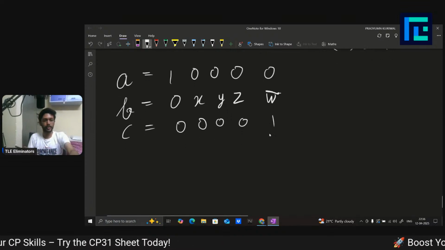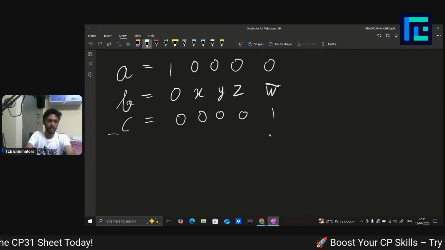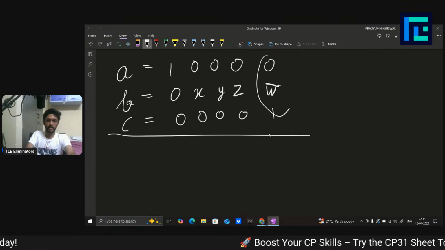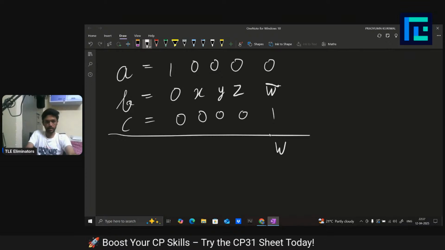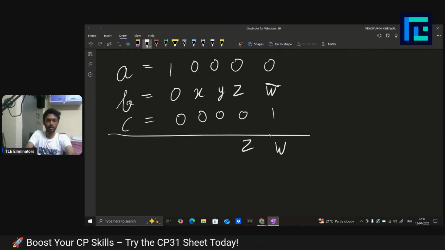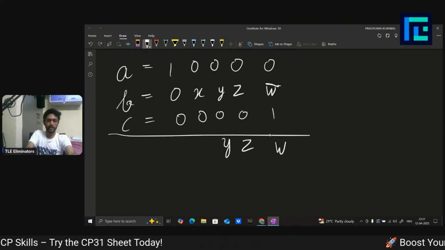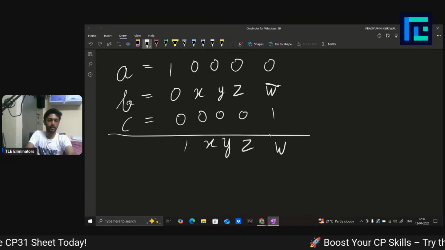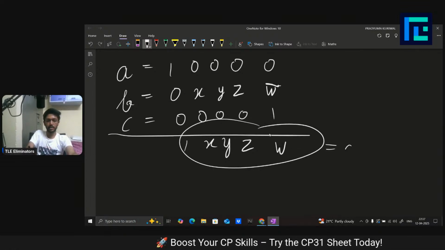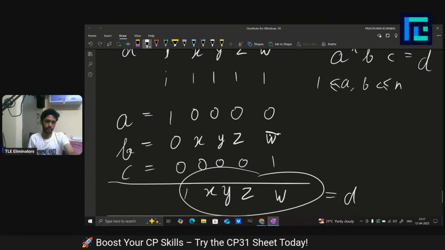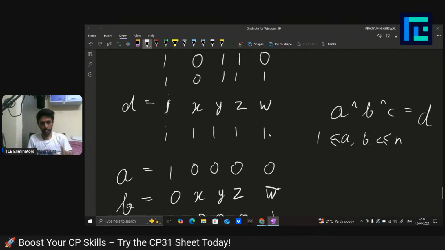So if you take the XOR of these three, what will happen? This W bar XOR 1 will make W, right? And all of these have 0. So Z, Y, X, and this will take 1. And hence you have formed D. This is the number that you wanted to form. So what I just proved